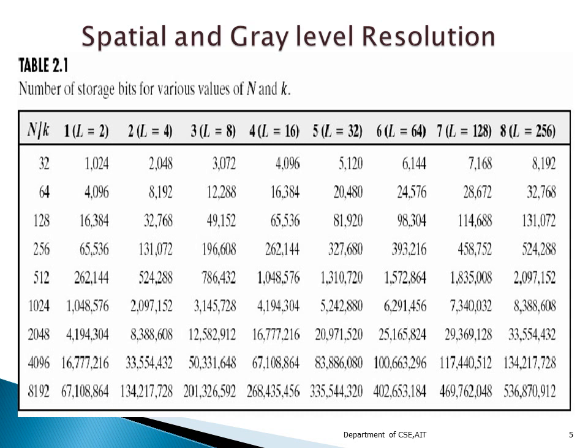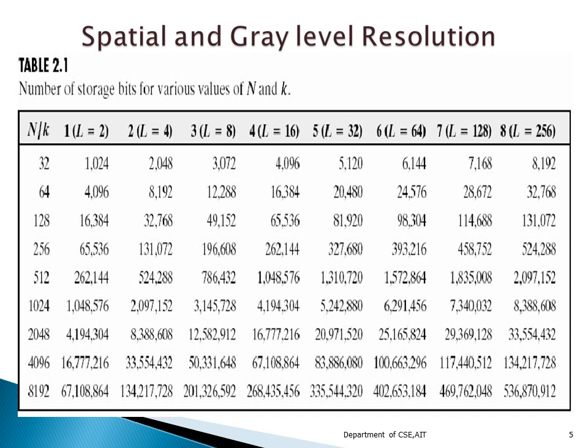You can also calculate this by making use of N to the power of 2. That is nothing but 32 into 32 again into the k, where you are getting 1024. Now if you take this 3072, how are we going to get this one? In this 3072, the level is equal to 8. If the level is equal to 8, the k value is equal to 3. So we have 32 into 32 into 3, and you are going to get this value as 3072.